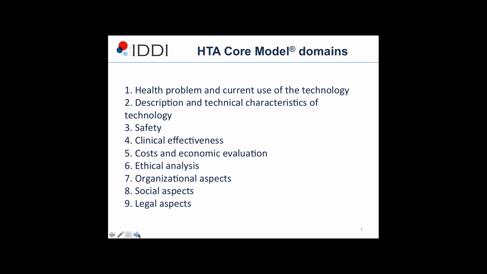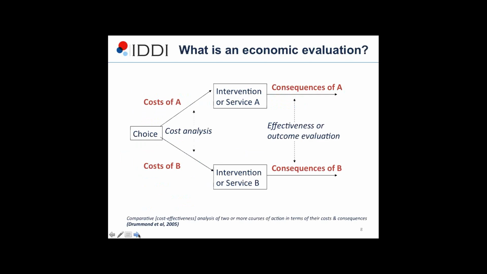So basically here's this list in just another way, and hopefully in a second we will show you that what we're going to focus on in the next couple of slides are the costs and economic evaluation. So here's a graphic. I'm sure many of you on the call are familiar with the clinical trial design. So here we've got essentially an allocation to effectively two options: intervention A, or service A, and intervention B. And what economic evaluation is about is the comparison of what we would typically do in a trial, which are what we call the consequences here, or outcomes of intervention, but also the comparison of costs.